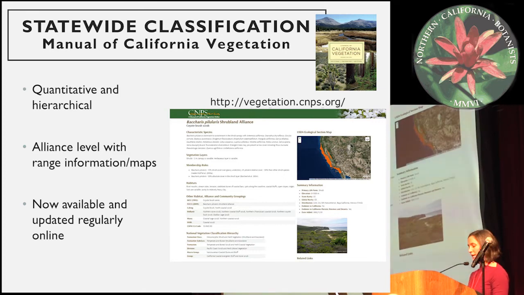Let's start with our classification. It is quantitative, meaning data-driven, and it's hierarchical, meaning that it can be viewed and used at multiple levels depending on your goals. You might recall the book version of the Manual of California Vegetation up there in the right-hand corner. We now have an online version that is updated regularly. You can find it online through links from the CNPS or the VegCAMP website. You can see, here's an example of an alliance level